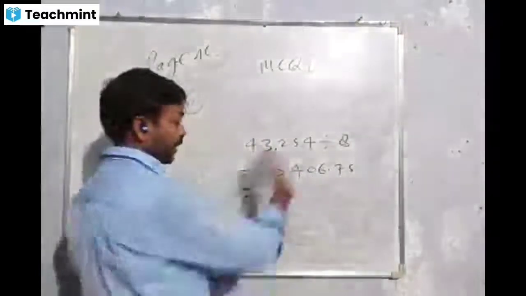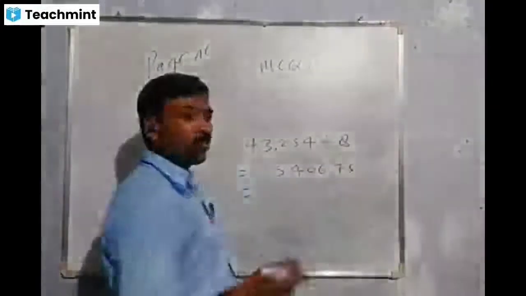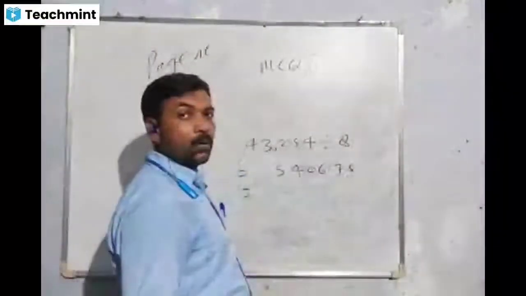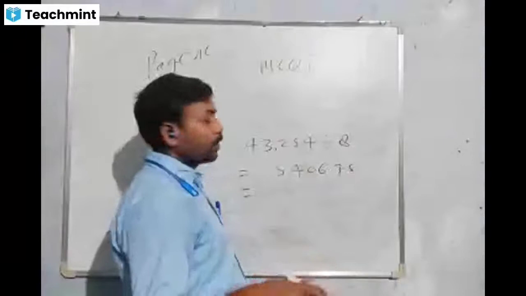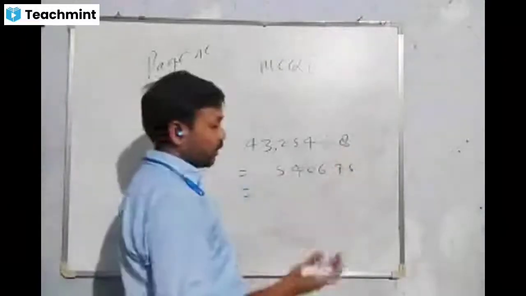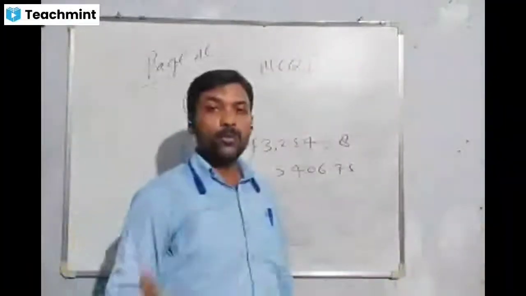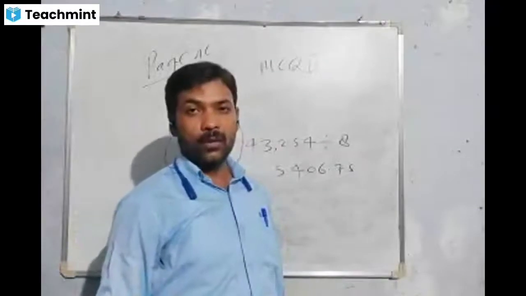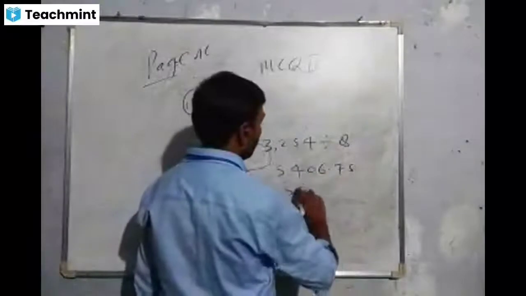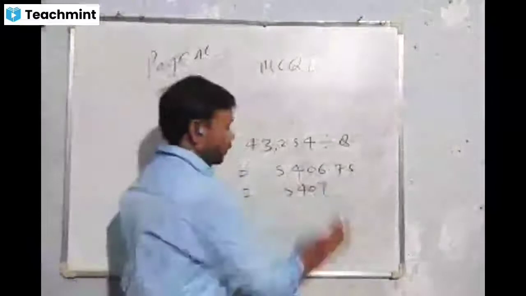If you round to the nearest whole number, that is without decimal, 0.75 is more close to 1. 0.75 is 75% out of 100. It is more close to 100, that is, this can be rounded off. If you have 75 paise, then you suppose that you have 1 rupee. So this becomes 1 and the answer becomes 5,407. That is, the last option is correct.